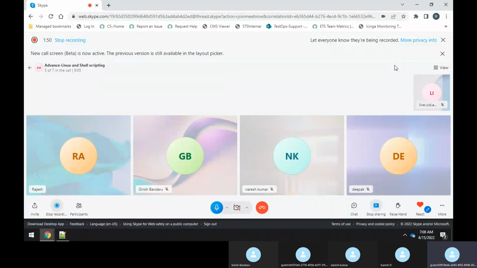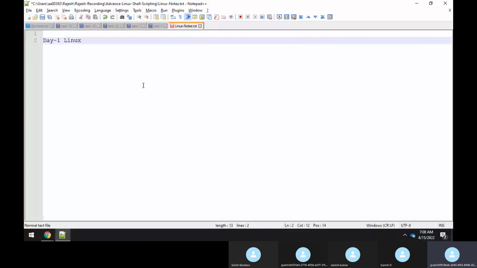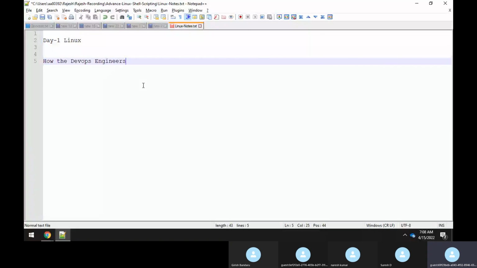So now, coming back to our requirement, why are we learning Linux? Learning Linux means you have to know a little bit of information about it. In the day-to-day activity of DevOps, what do we do? We interact with Linux. Particularly I'm talking about DevOps itself here, because we are all DevOps professionals, working as DevOps engineers. So we need to know how exactly we use Linux.